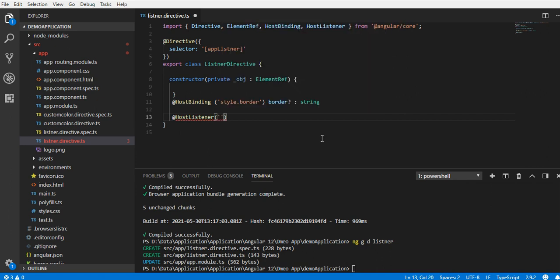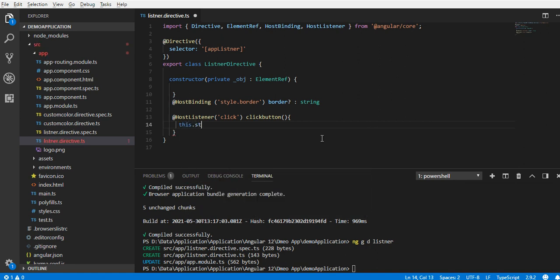and inside this bracket, keep in mind the syntax, because sometimes you may be asked to write the syntax, and then a function name like clickButton, and inside this function we will write our own logic.